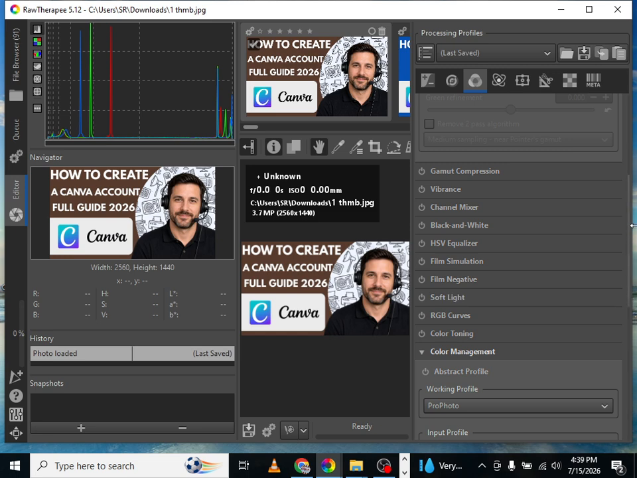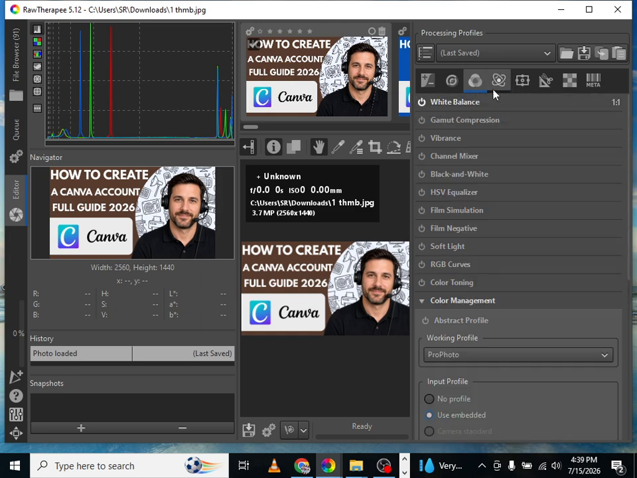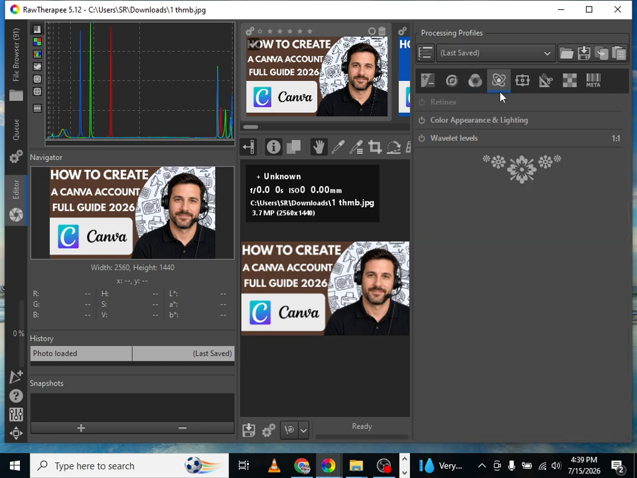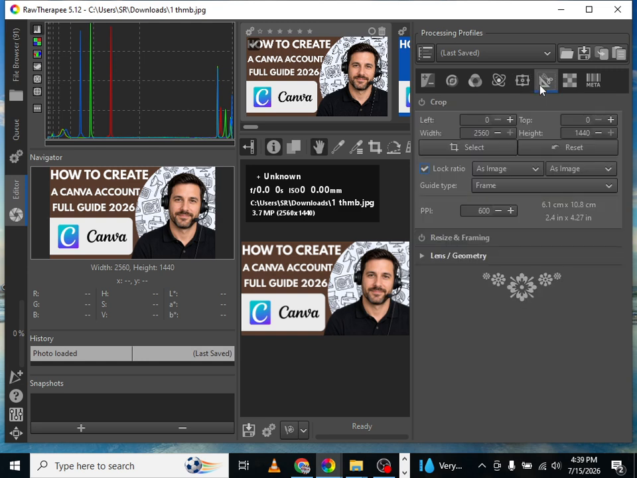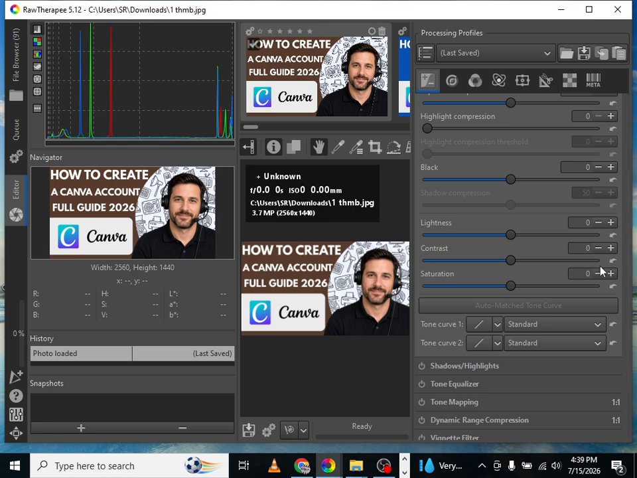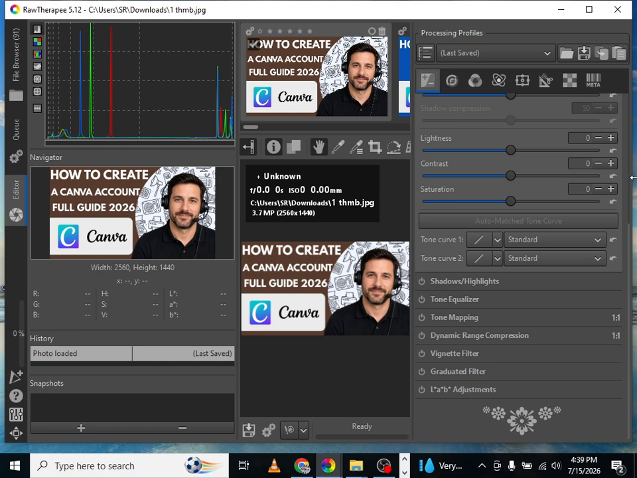If your image was taken in low light, use the noise reduction tools to remove unwanted grain while keeping important details. To make the image clearer, open the detail tab and apply a moderate amount of sharpening. Zoom in to 100% while making these adjustments so you can accurately judge the results without